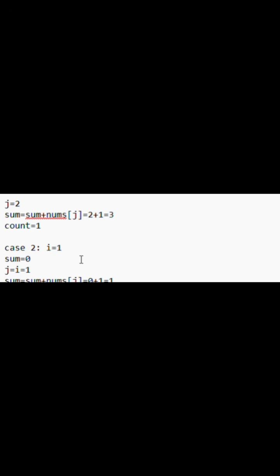Next, I have traversed all the values of j, because j should be less than n, that is, it should be less than 3. So I have traversed all the j values: initially j was 0, then j was 1, and j was 2. Now in case 2, what will be my i value? i value will be equal to 1. Now